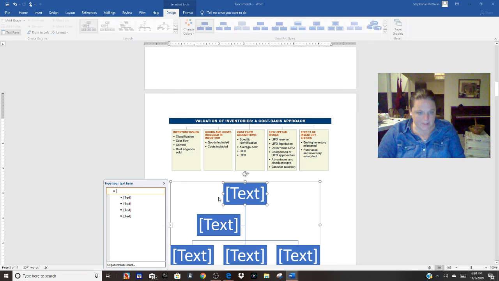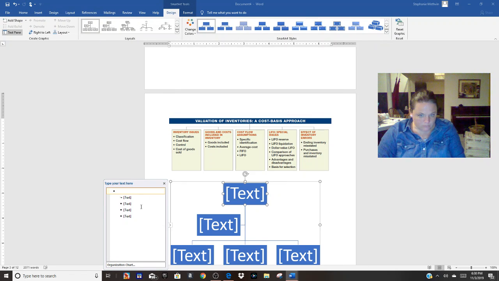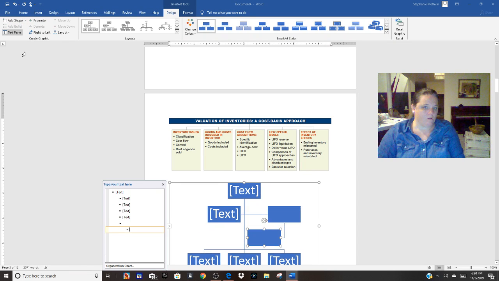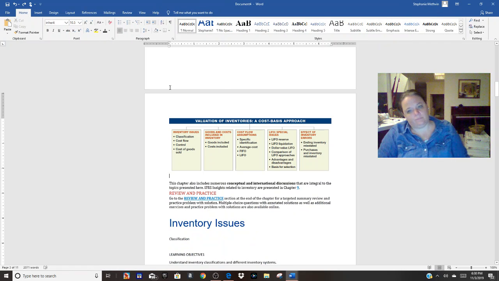Sure, seems like it should work. I'm not going to fool with it. You can change all the stuff inside of here still, but I just really want to create one for you.